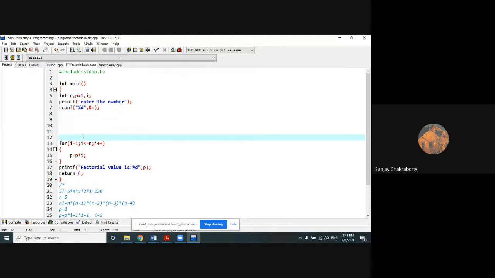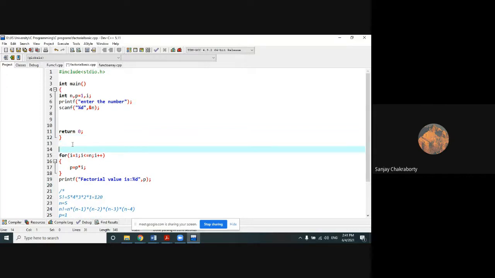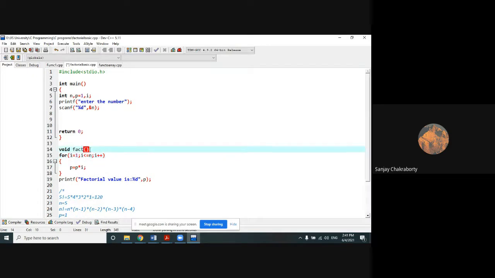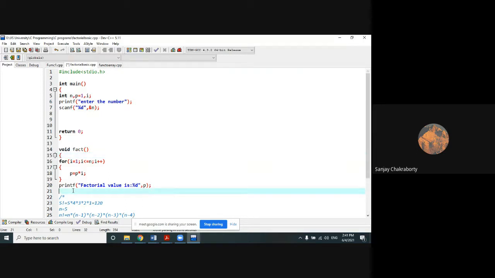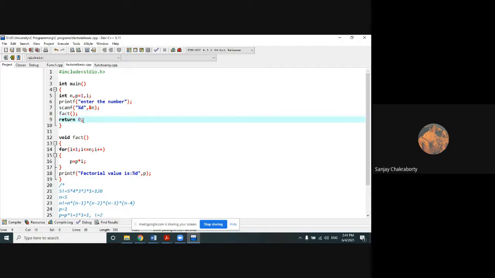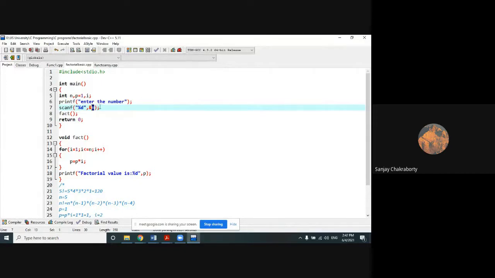So make this one as a main method and void fact. I am using this fact function as a sub function which will calculate the factorial operation for you, right? So here I am using fact, but here I have read the value n, while I am doing the factorial